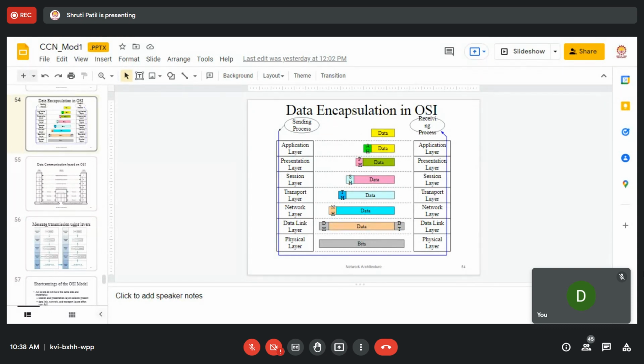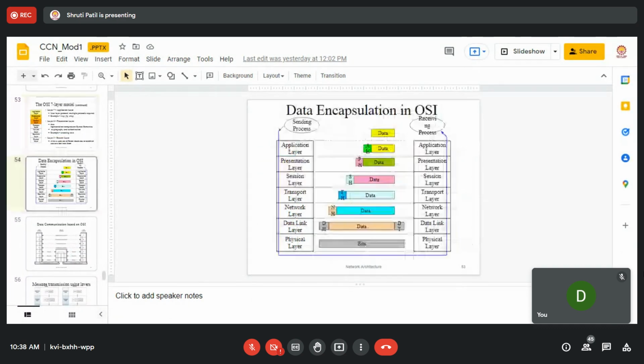And at the physical layer, what kind of transmission medium you are using, what kind of modulation technique you are using, and how the raw data bits will be transmitted. Synchronous and asynchronous transmission, all those things will be handled at the physical layer. There are different interconnecting devices at different layers. So protocols and interconnecting devices act at this particular point, and you have various data formats. So this is from the transmitter. The data will be given over here, and bits will be transmitted on the physical medium, and at the receiver end this will be there again, and at the user end you will get the actual application. Okay, again back.